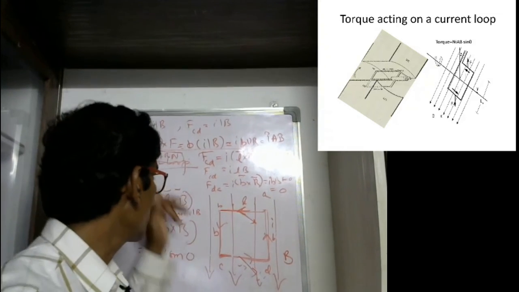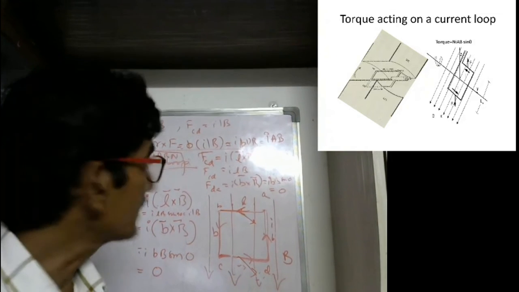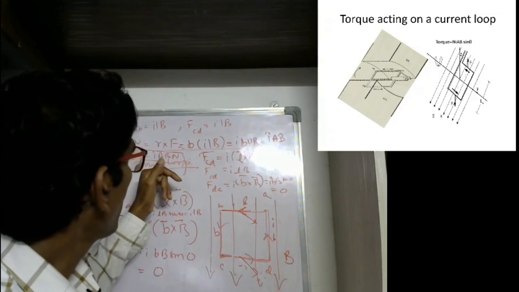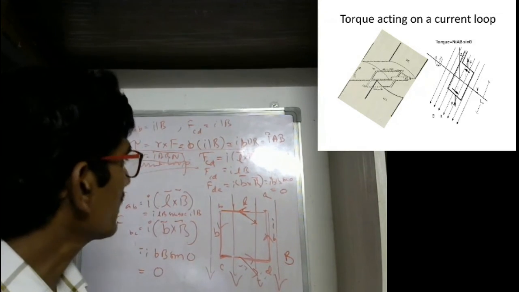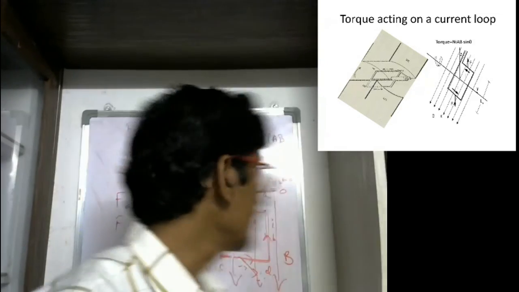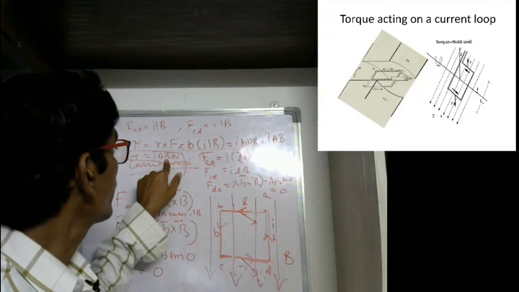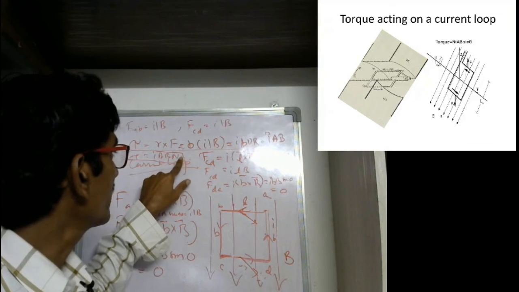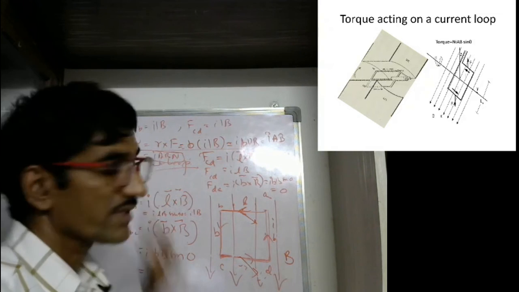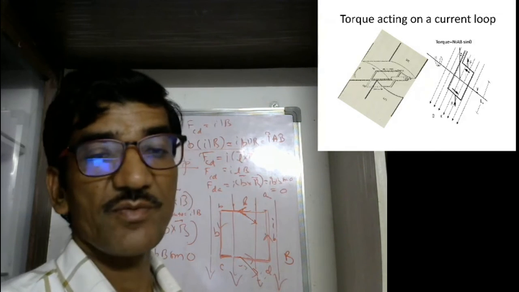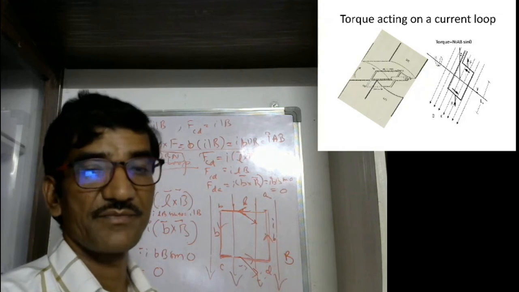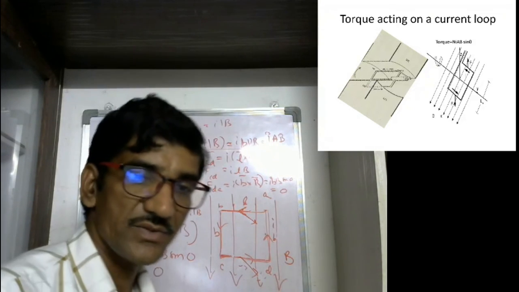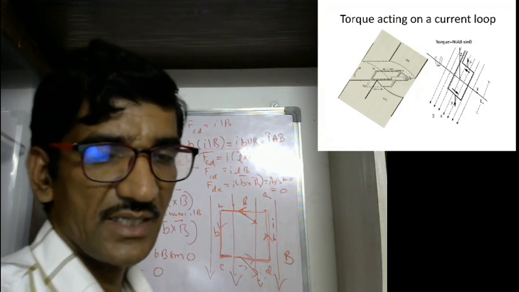So then what is the torque? Torque is equal to B I A N. Maximum torque that is available here is B I A N. It is proportional to the external magnetic induction. It is proportional to the number of turns. It is proportional to the area of the coil. It is proportional to the current flowing through that coil. If you send more current, more rotation takes place. This we will use later in measuring the current.